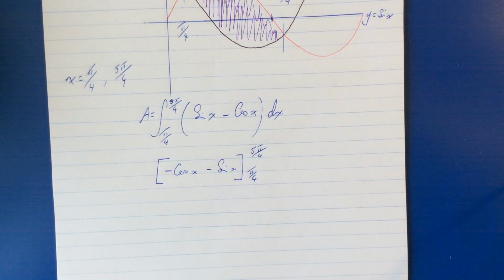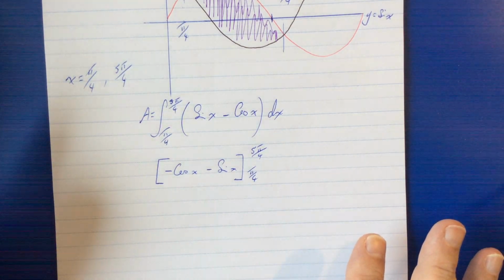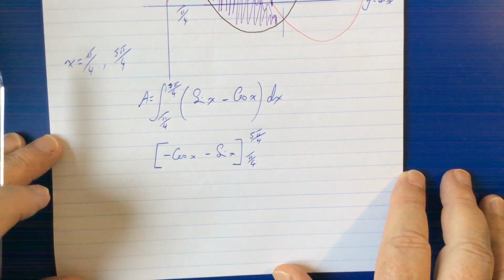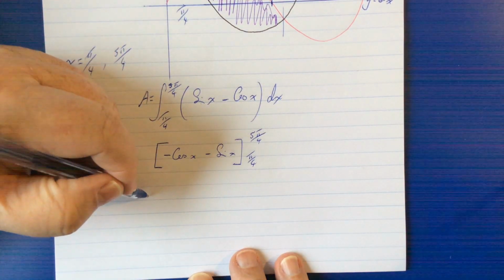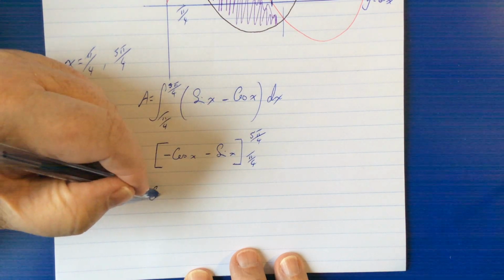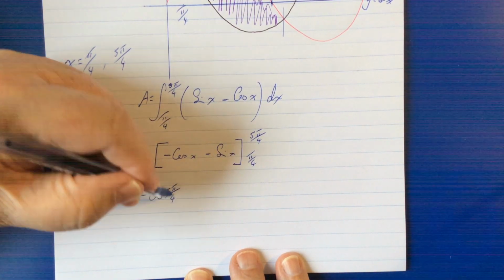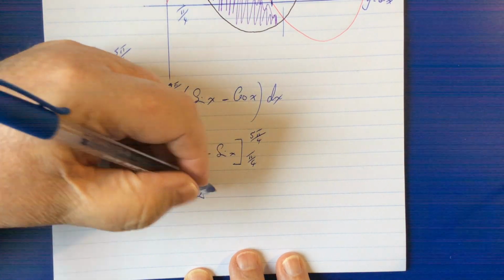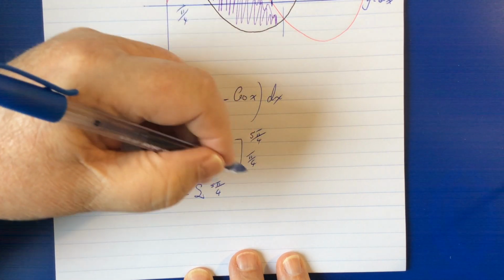Now, when we get to work all this out, there's quite a bit of writing. So let us start off. We have negative cos 5 pi on 4 minus sine 5 pi on 4